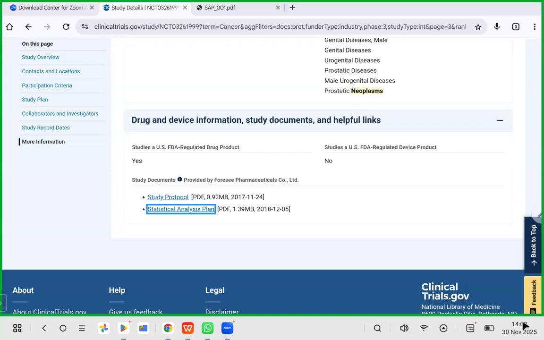So this is the first step. Anyone in the clinical trial has to read the protocol and analysis plan. Only then will they understand the clinical trial in a better way. Okay, so this is the first step. After that, the second step is